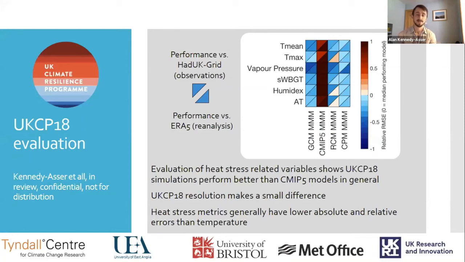observations and reanalysis data. And reassuringly, for the folks at the Met Office, I'm sure they've probably seen stuff like this before, the UK Met Office model is doing a really good job for the UK in terms of these summer heat stress variables compared to the CMIP5 models. You can see that by the fact that the GCMs are all quite blue, whereas the CMIP5 models are all